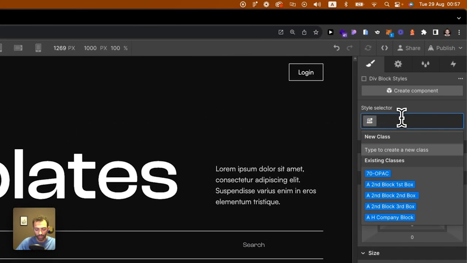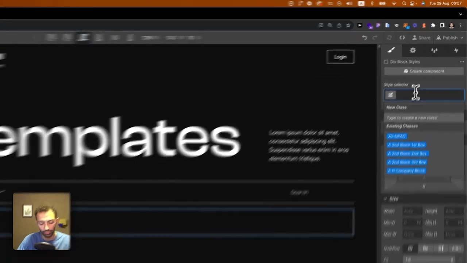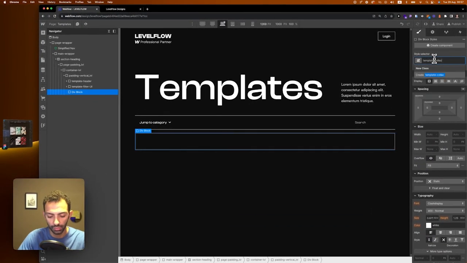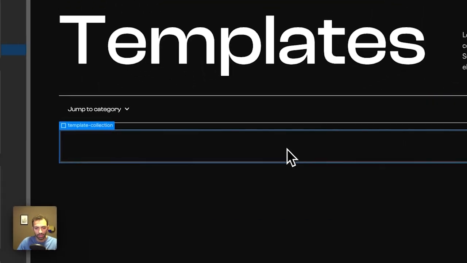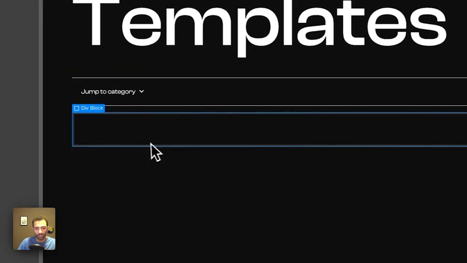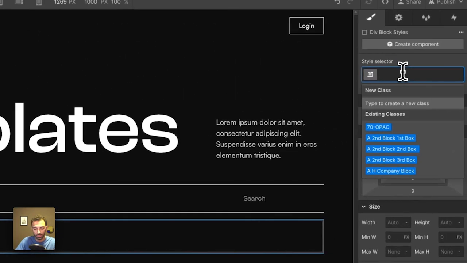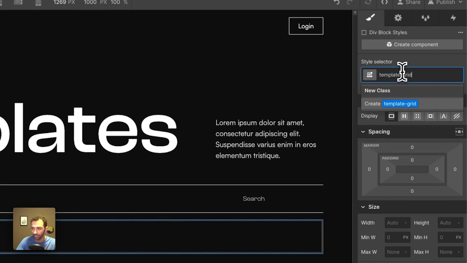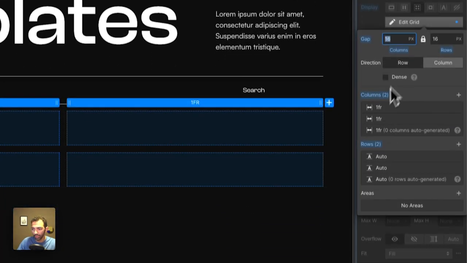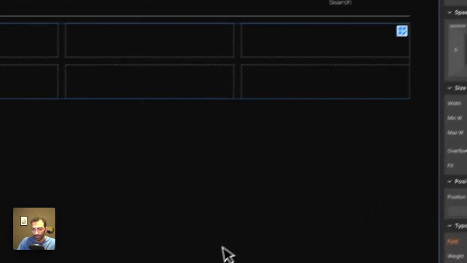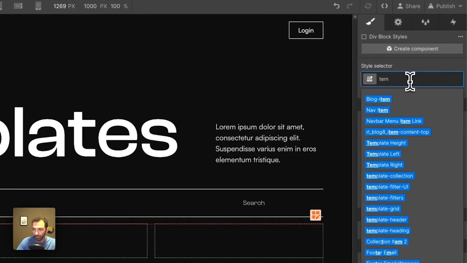So let's add a div block. We'll call this div block template collection. And then this template collection will have another div block inside it, because that's how the CMS usually is, which is going to be template grid. And this will be a grid of 3. And then inside it will be the template item,